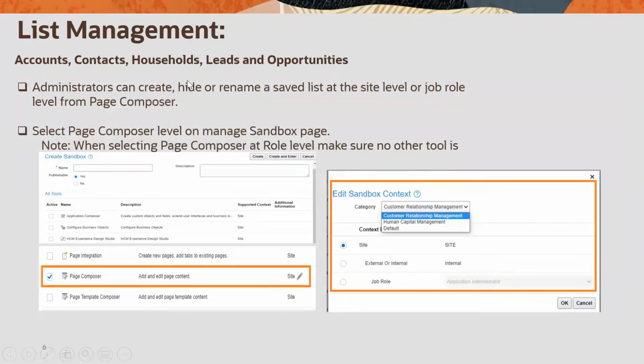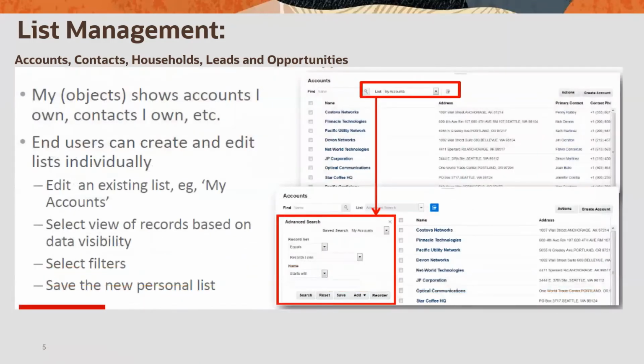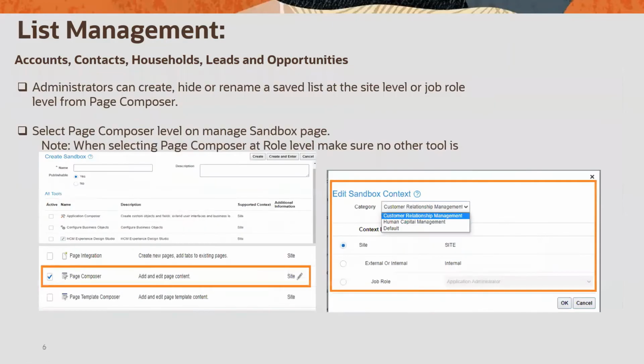So as an administrator, if I want to create, as a sales rep, I can create a saved search for myself. If I want to create it as an administrator for all users, or for different roles, we need to create a sandbox, and then we need to activate this tool called page composer. So this we need to activate, and then here we can see a pencil icon here. So we need to click this, and then